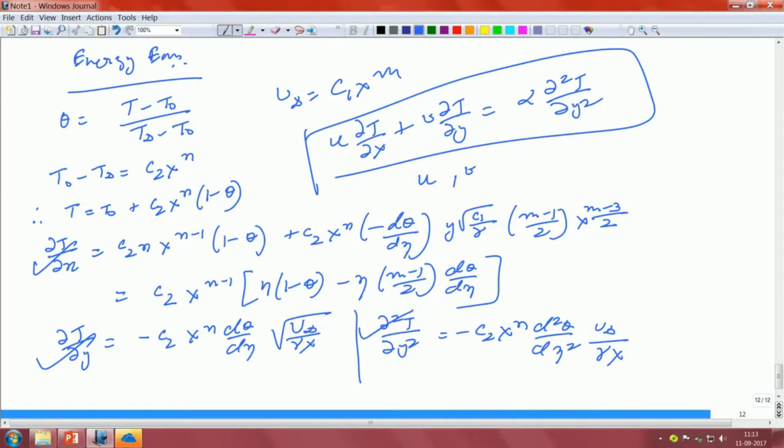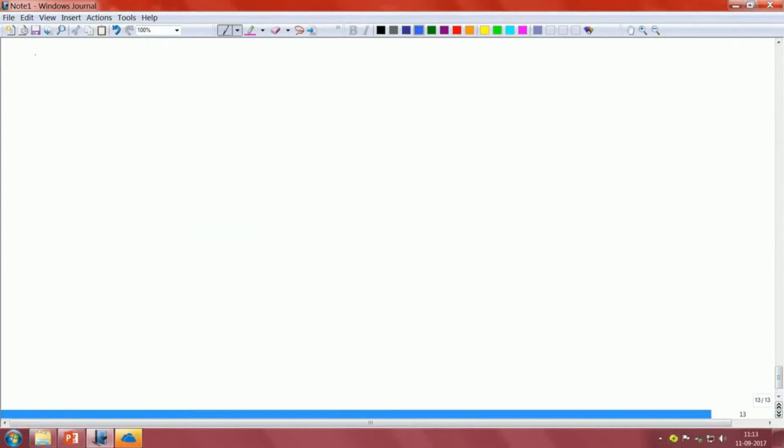Now what we do is put all these terms together, because the new terms we have already evaluated in the same way that we did earlier. So, the final form becomes